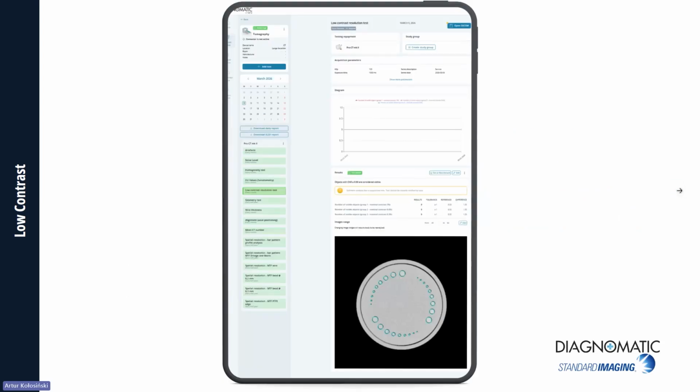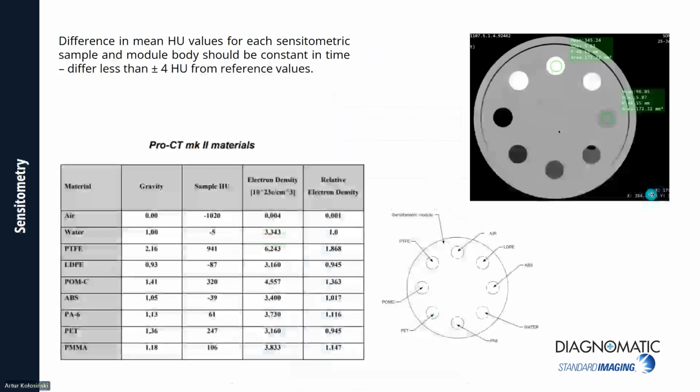And regarding the software, we have automated analysis software. This is how it looks. When we make the analysis, all the groups are checked, verified, and then analyzed and submitted in the report. Next